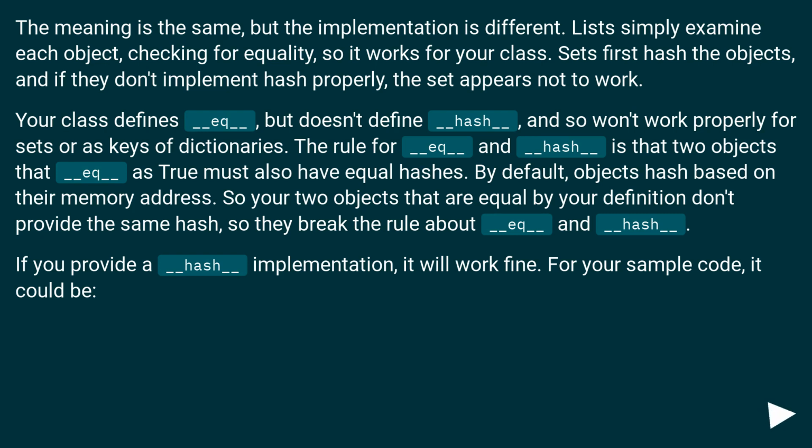The rule for __eq__ and __hash__ is that two objects that __eq__ as true must also have equal hashes. By default, objects hash based on their memory address. So your two objects that are equal by your definition don't provide the same hash, so they break the rule about __eq__ and __hash__. If you provide a __hash__ implementation, it will work fine. For your sample code, it could be